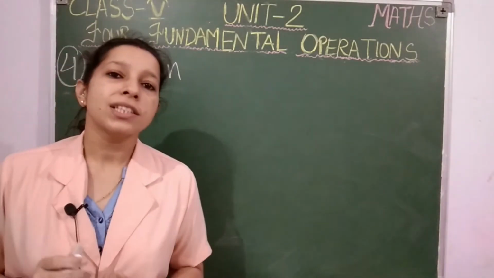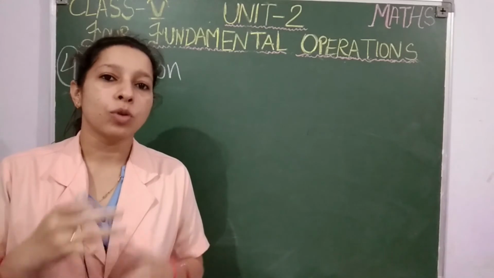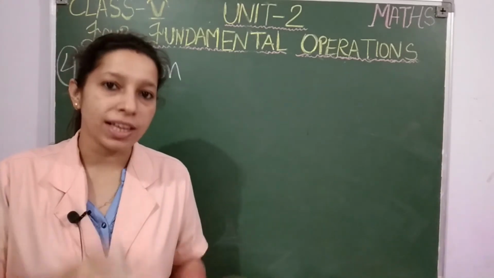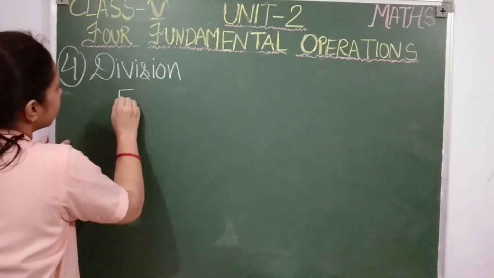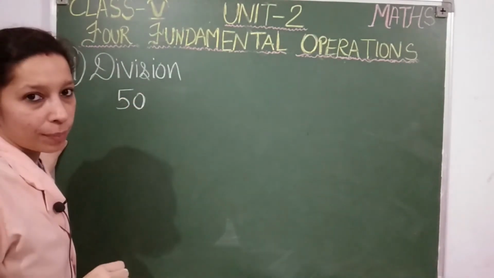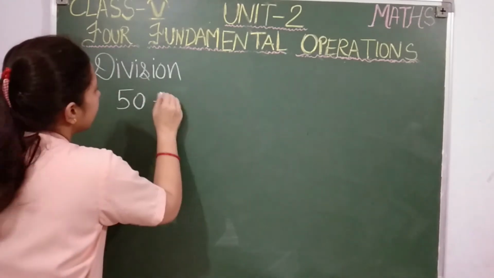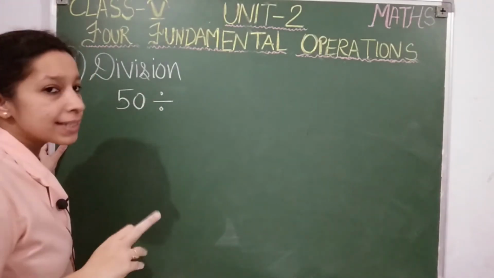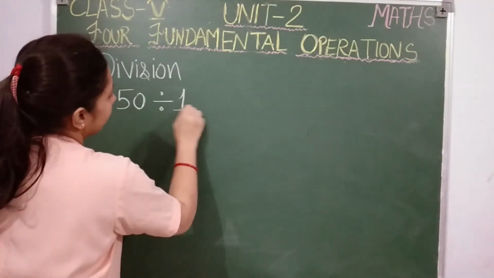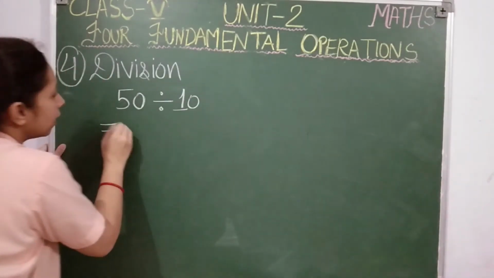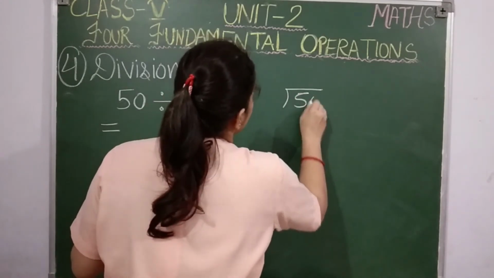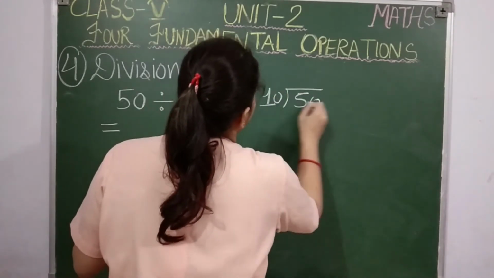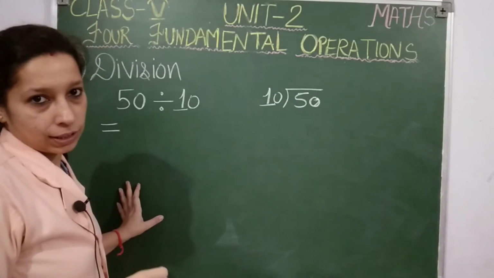So students, it is very time taking every time to subtract and get the result. So if such is the condition, then you can use division. What I can simply do, I can take the total number of pens. Total number of pens is 50. Then I will divide it by the number of pens that I can keep in one packet. That was 10. Then I will get the answer. Let's see how to divide. Like this we use for division.